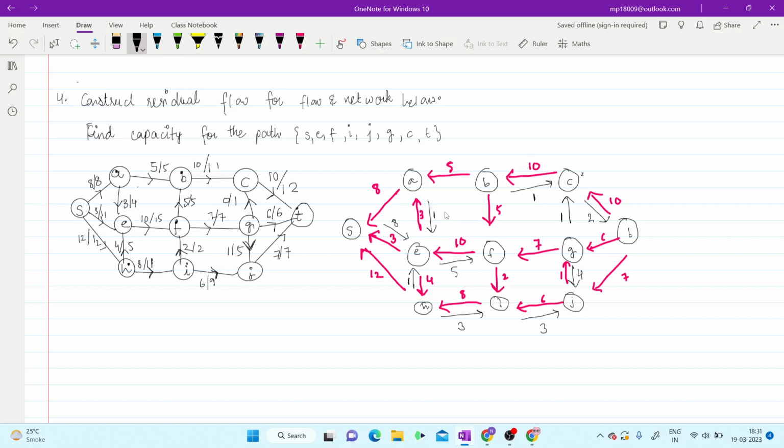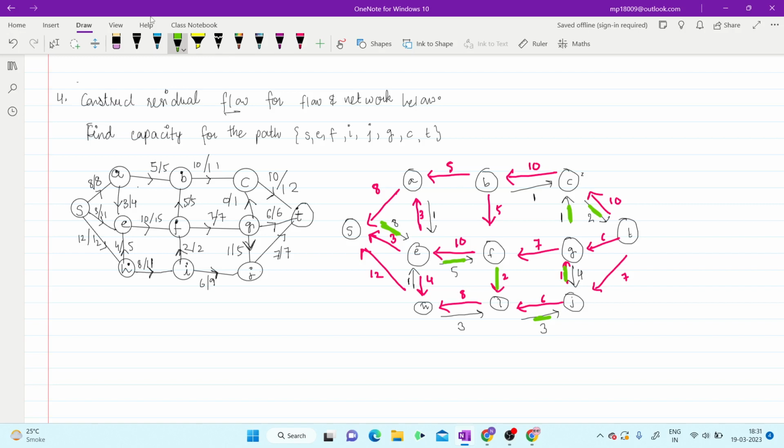Now once we have constructed a residual flow, the next part is to find the capacity of this following path. So what is this path? S E F, F I, I J, sorry, this was an error. I J, J G, G C, and C T. So in this example you can see,